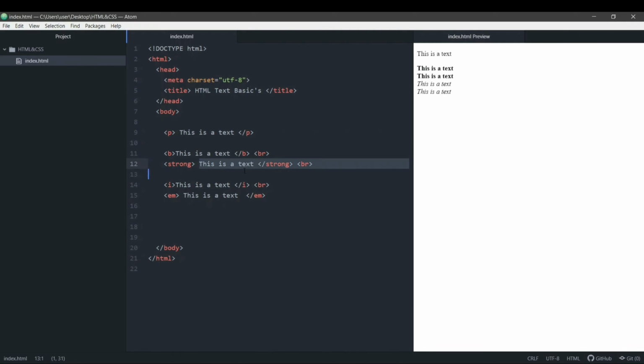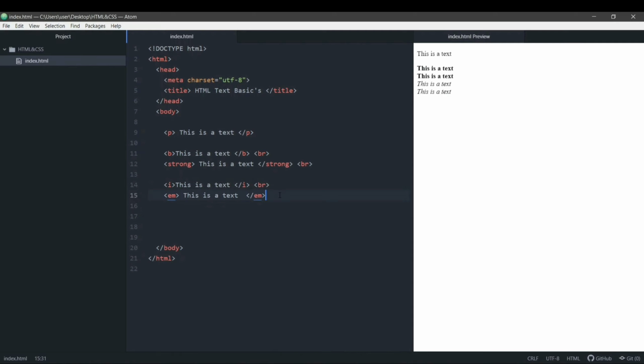It puts the browser's focus on this text, whereas the b tag only converts this text to bold. It does not tell the browser that this text is important. Same with the em and i tag. The em tag converts the text to italics as well as tells the browser to put more focus on this text and that this text is important. But the i tag only converts this line into italics.